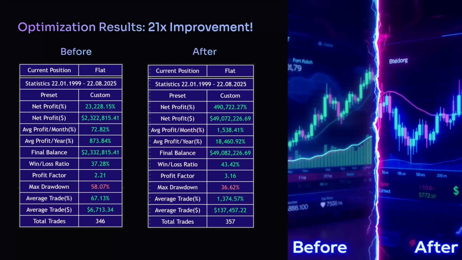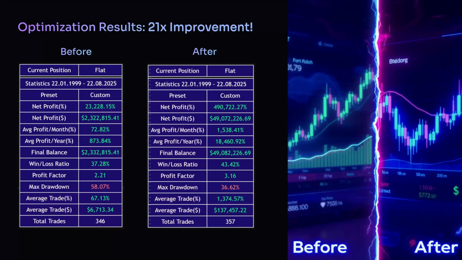I took the same indicator that gave me 28 million % profit on Bitcoin, applied my secret optimization method to NVIDIA stock, and turned the indicator performance with default settings of 23,000% on the left table, as you see over here, into the 490,000% net profit over here with optimized parameters. So in this video, I will show you exactly how I did it and how you can do the same